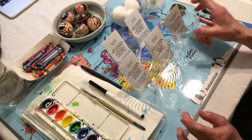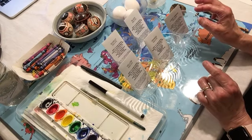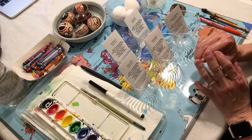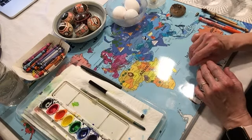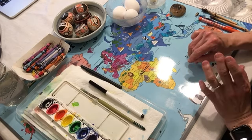The other ones, you would add vinegar. And you want to make sure that these are not food grade dyes, so don't have any ideas about dyeing any eggs that you want to eat later. Now, the reason a lot of people call this writing